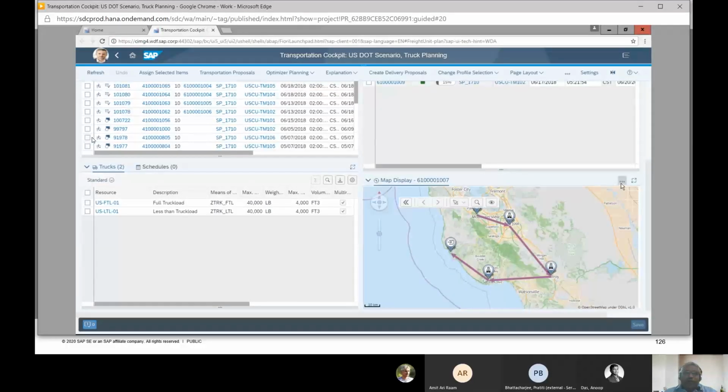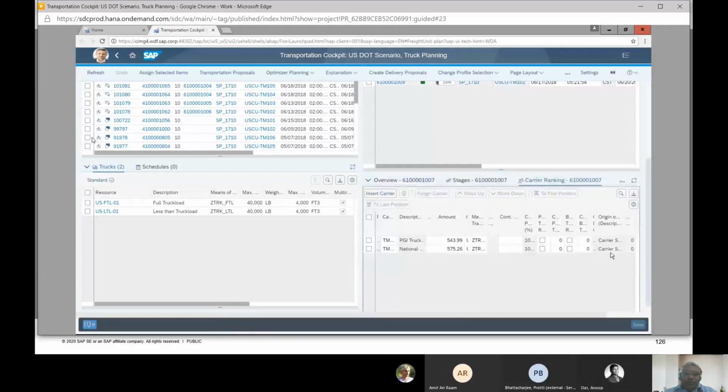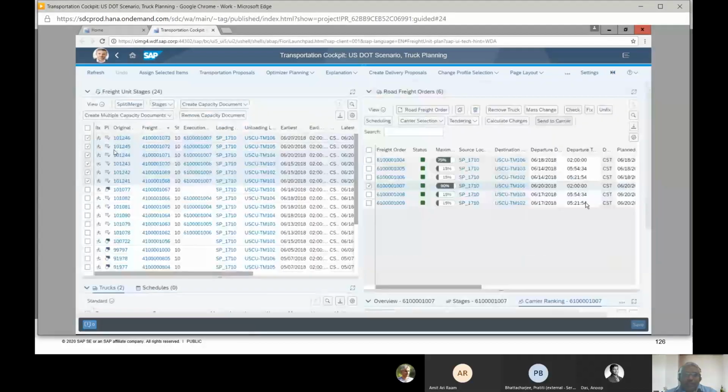I can also view my carrier ranking. It has proposed 2 transporters, 2 carriers basically, and then I can send these details to my carrier. I'm sending these details to my carrier. Once I click, I save.